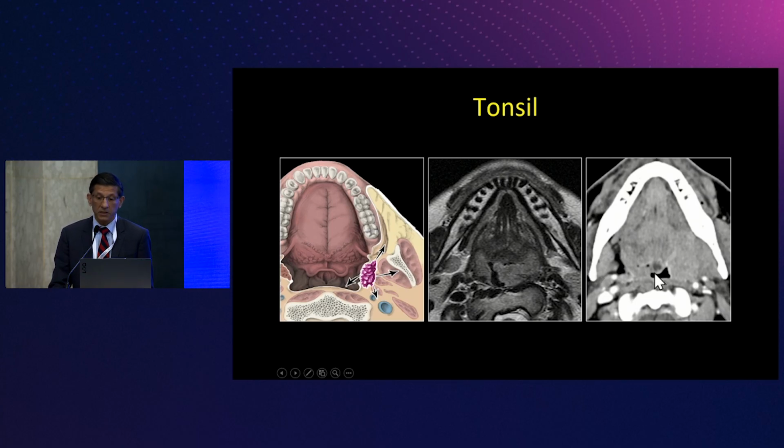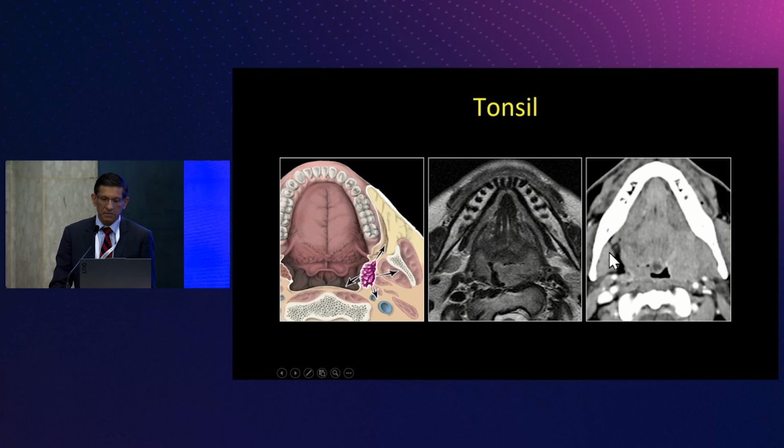Now, what I do in our tumor board is this is another patient that has a tonsillar cancer. But look at the difference here. If you just said there's a tonsil cancer, well, I can see that. But on the other hand, look what we could do. Draw a line down the middle, compare the right side to the left side. This is what I do every day in my practice. So if you want to do a fellowship with me, you're going to hear this 1,000 times. Draw a line down the middle, compare the right side to the left side. Now, what do you call the space that's next to the pharynx? Well, that's the parapharyngeal space. Look at the left side. Notice how the parapharyngeal space is gone.